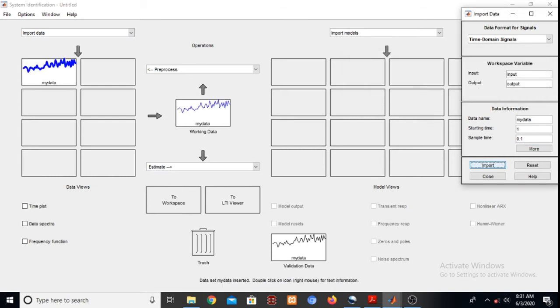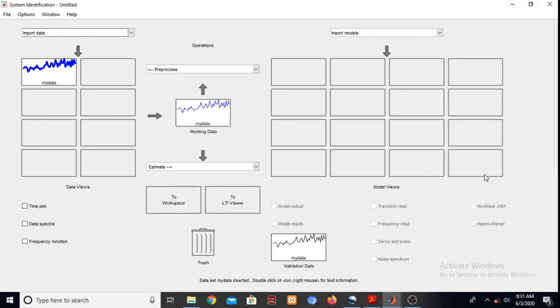Okay, and close this window. And so this data is available in this data string. Okay, now this data is available for estimation.